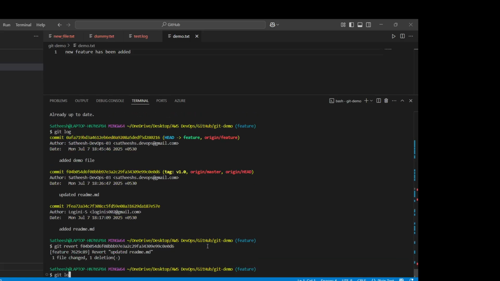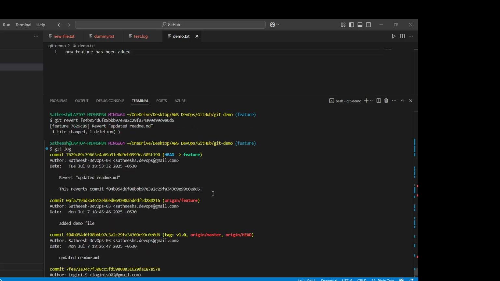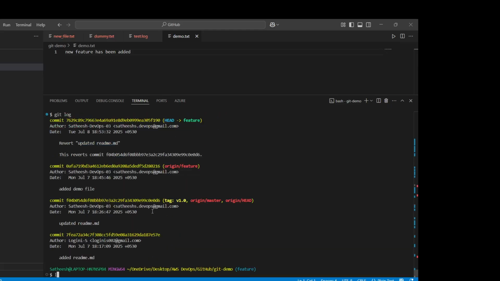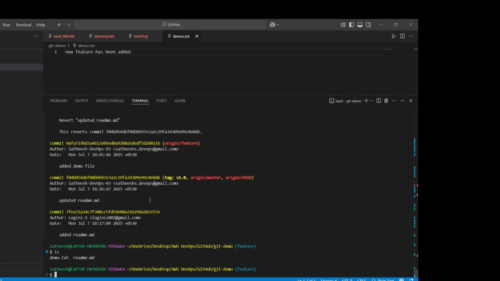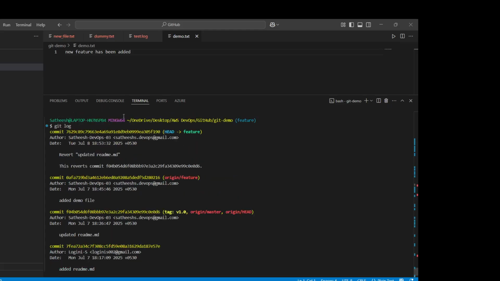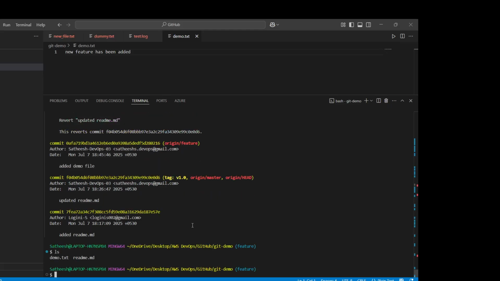Now if you check git log, you see what happened: it reverted the readme update. It says "Revert updated readme.md file". Now if I do ls, it still shows the demo file. So okay, the commit is reverted. If you do git push